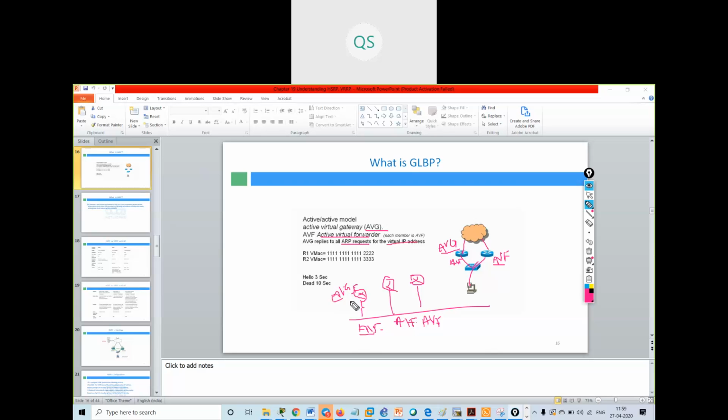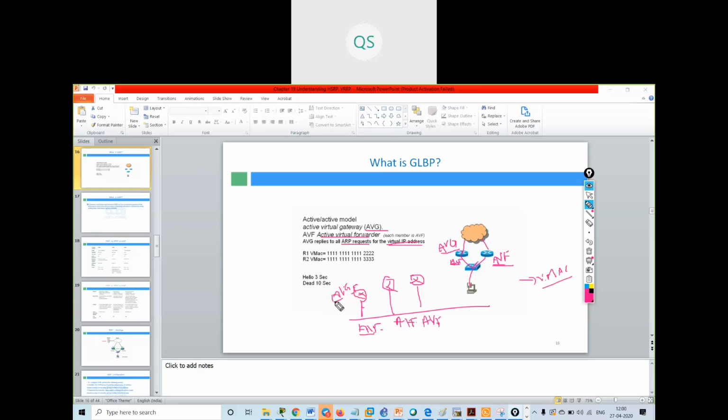Understood? It will reply to all the ARP requests that come for the virtual IP address. The virtual IP address will be the same, and all the AVF routers will have different virtual MAC addresses.